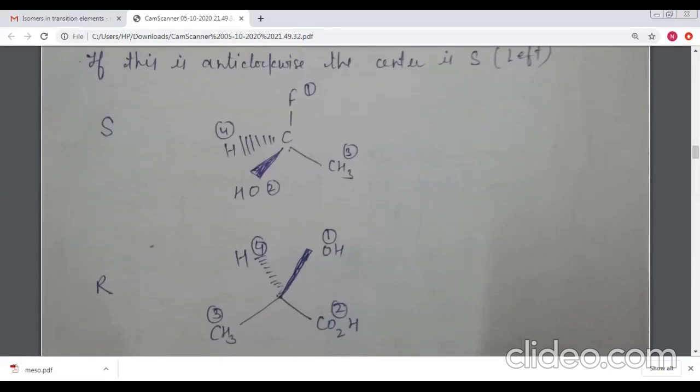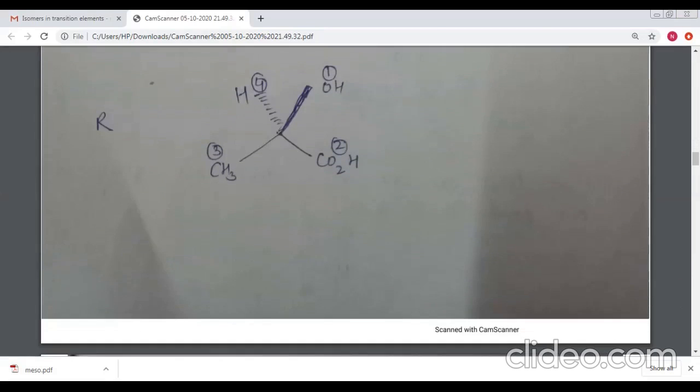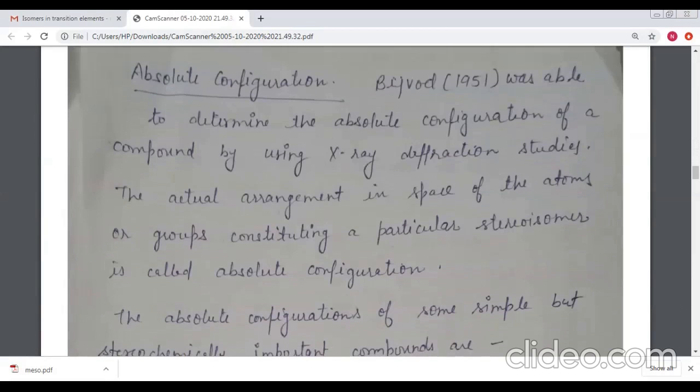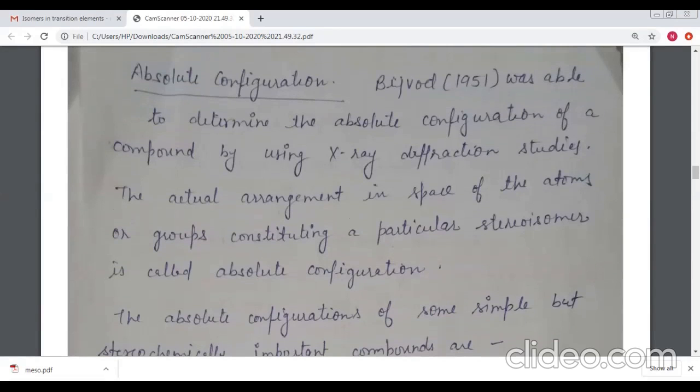So here we can represent S and R structure. So this is the simple relative configuration. And now come to the absolute configuration. Actually, the absolute configuration means it is a fixed configuration, or we can say the actual configuration. Bijvoet in 1951 was able to determine the absolute configuration,